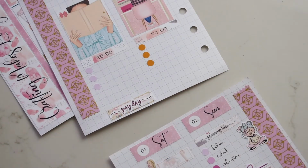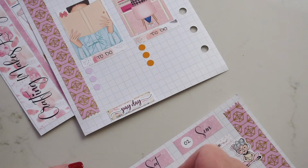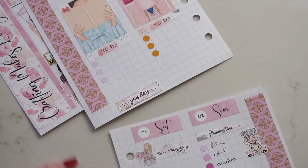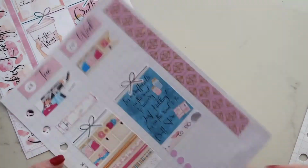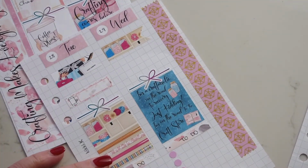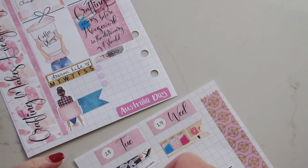This is planner day, so I'm just going to find out what time it is, make sure I get the times right. It says 10:30 to 3:30 in my calendar, so I'm just going to write 10 till 4 because that's when I'll be away. Planner day. What else do I want to make sure I pop in here? This one, my mum's birthday the week after, so I want to get her present, which I'm thinking of getting her Pandora online. This one I've got to call